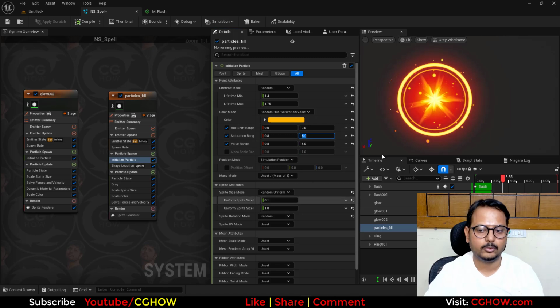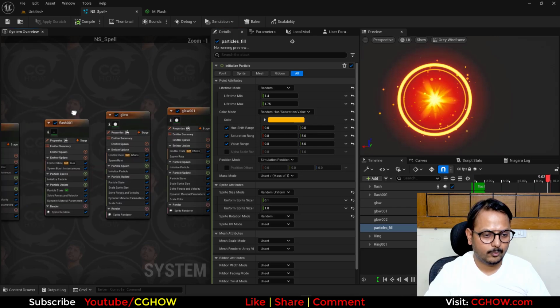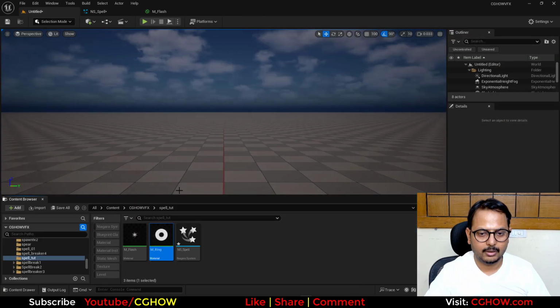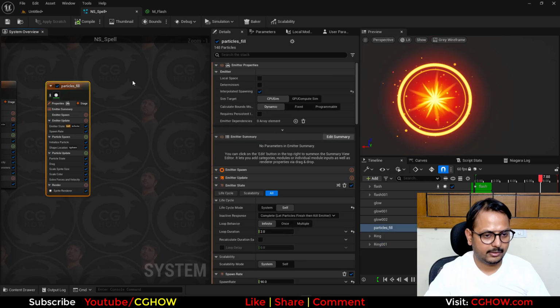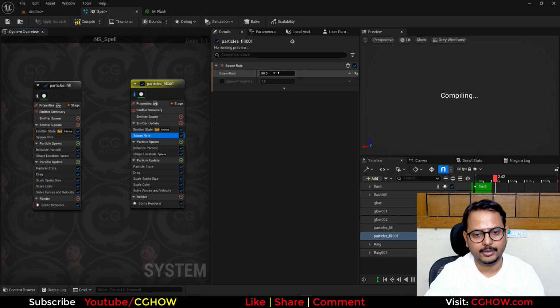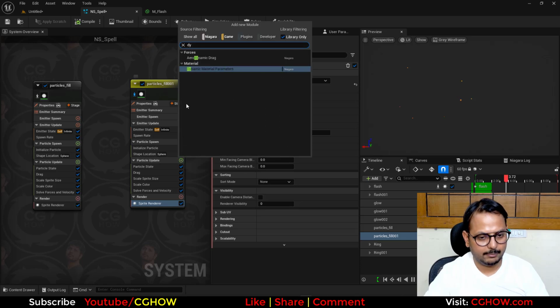Yeah, looks cool. Then what we can do, we can add some random rings around. So what I can do, I can just take that ring material, browse this, and here duplicate this particle fill, and spawn rate maybe just 5 and change the material from the ring. And then take the dynamic parameter